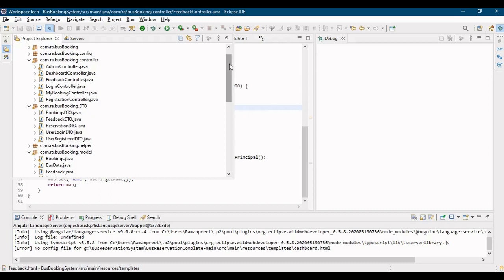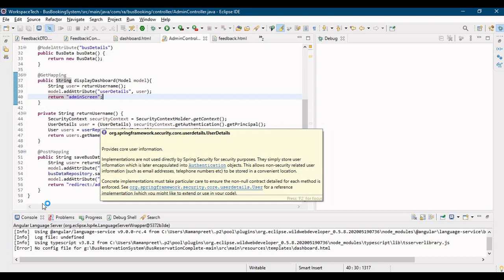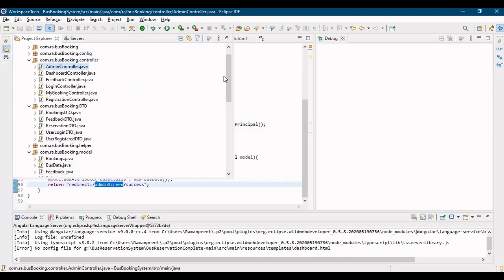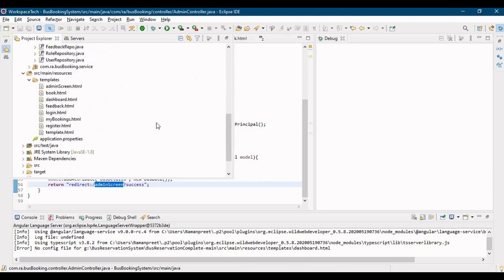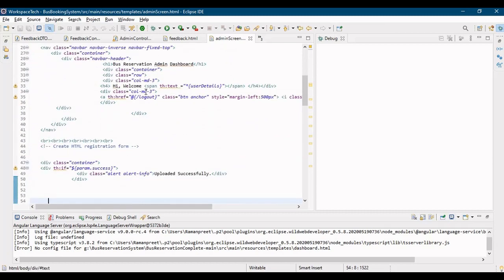So let's start. I have the code. I'll copy and paste the code into the controller and I'll explain everything. Let's go to the admin controller. You can see that here we are simply displaying the admin screen. First, if we analyze it, we need a button of all records. So let me go to the admin screen and